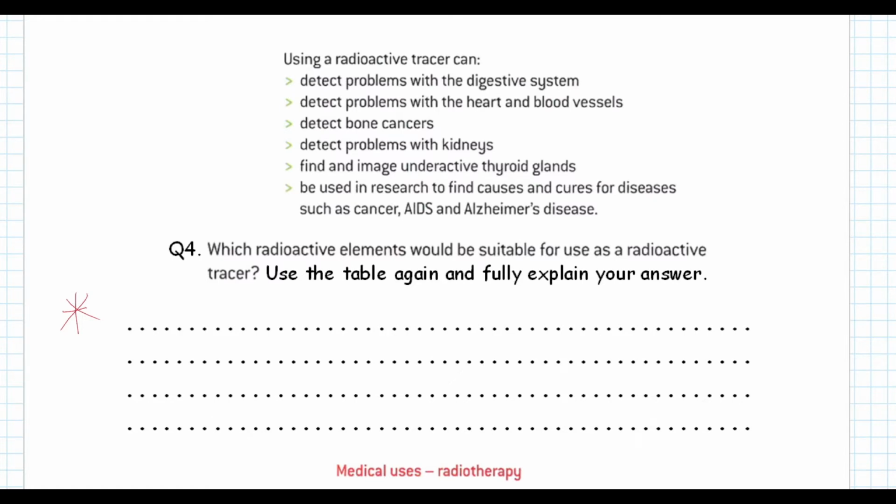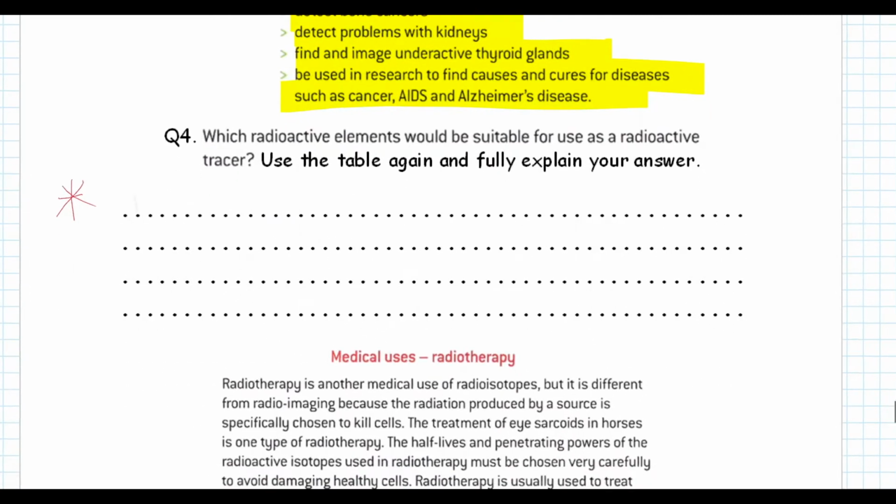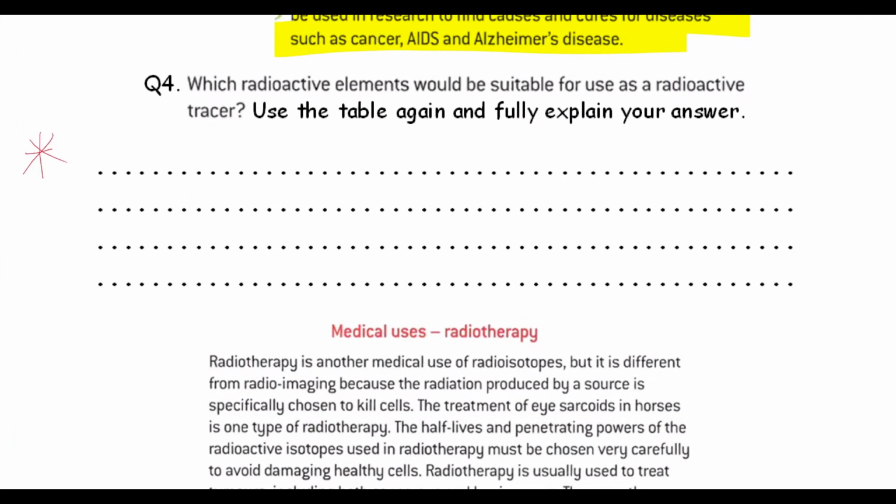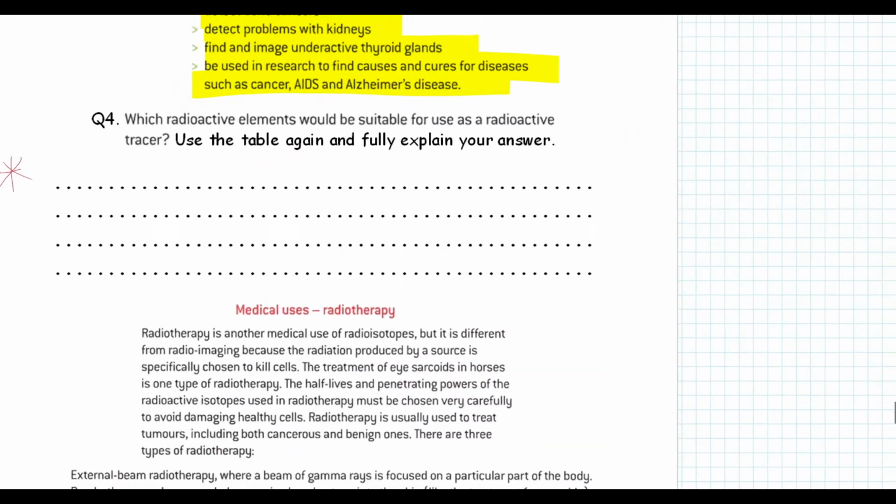Bit more information on what radioactive tracers can do. They can detect problems with the digestive system, the heart, bone cancers, problems with kidneys, thyroid glands, and a whole host of other medical conditions. Which element would be suitable for use as a tracer? So what do we want from the tracer? Well, we want